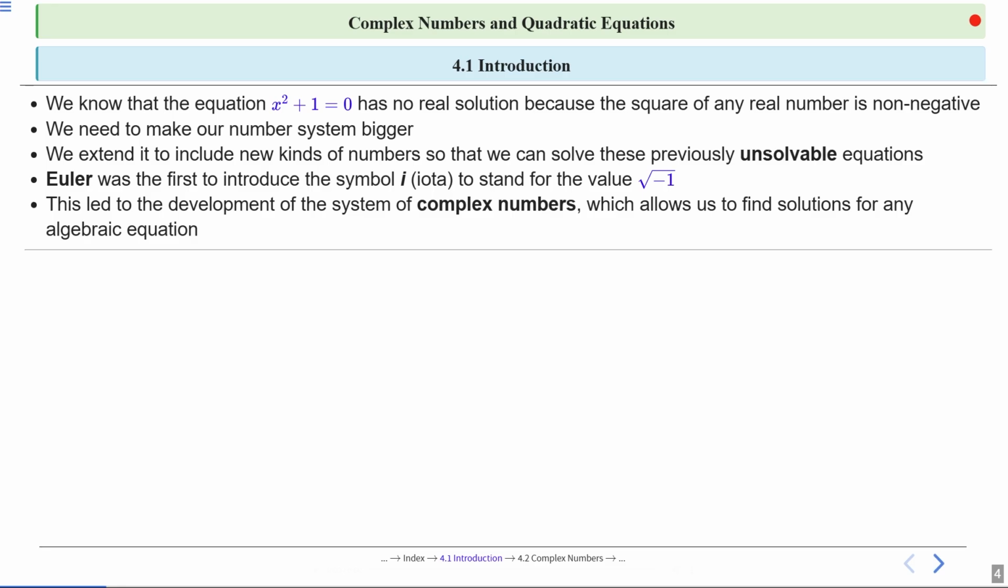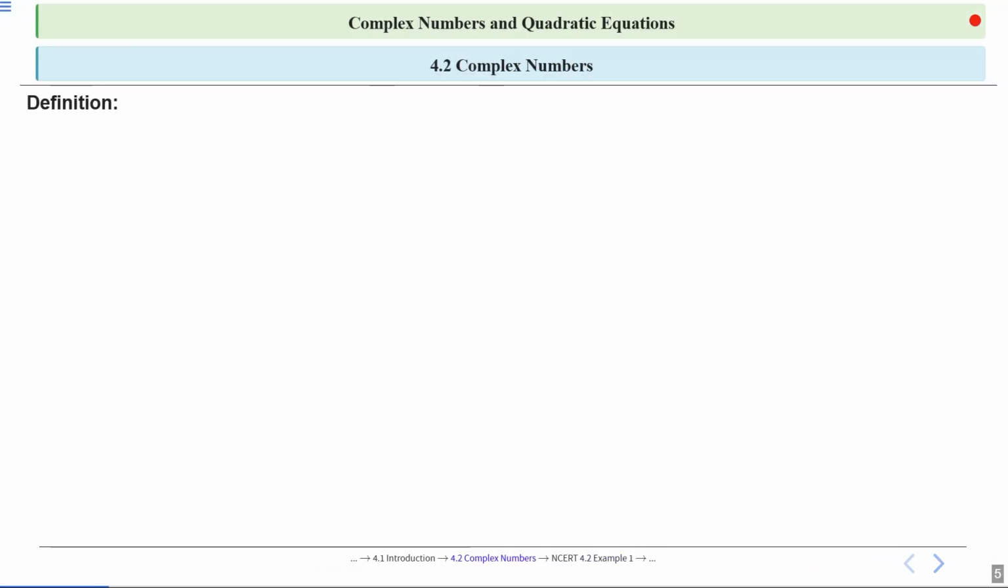With this new idea, mathematicians developed the system of complex numbers. Complex numbers allow us to solve any algebraic equation, not just ones with real solutions. By introducing iota and complex numbers, we have made our mathematical toolkit much more powerful. We will begin by understanding what a complex number is, how it's written, and what its different parts